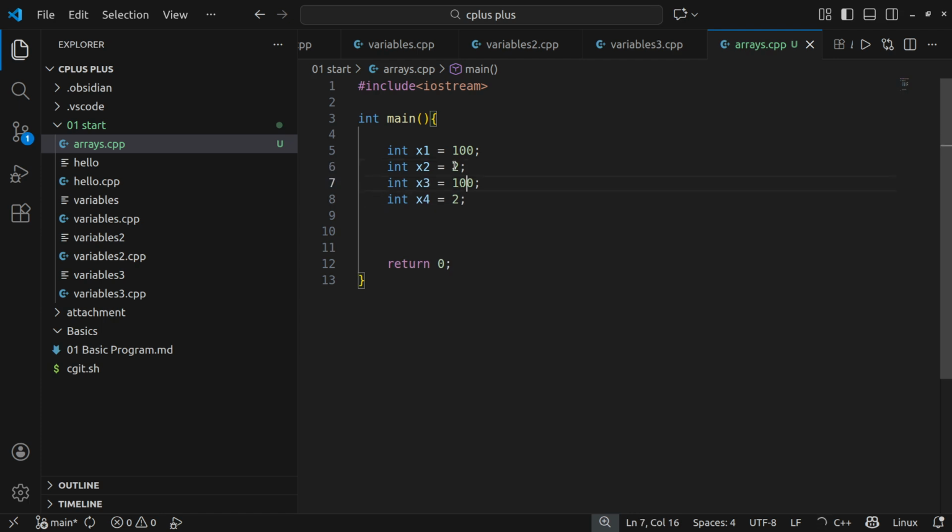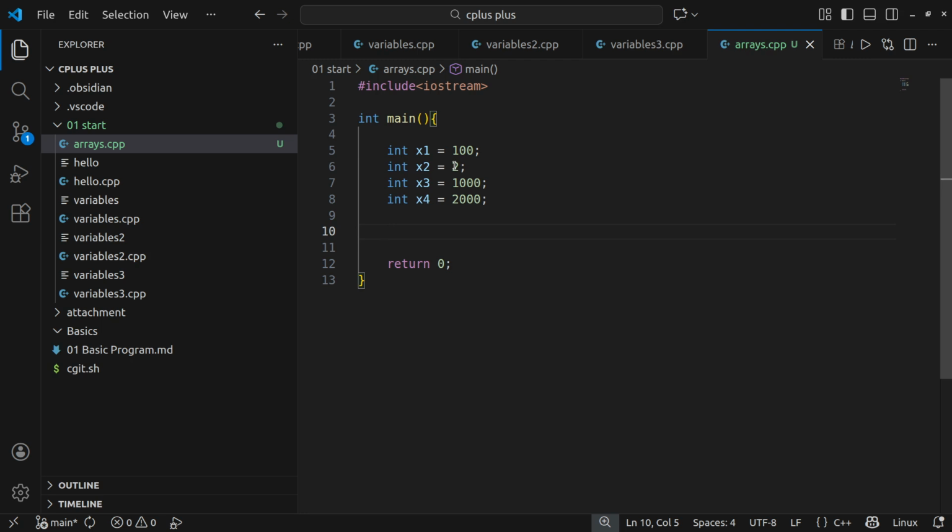So let's put this one as 1000, this one as 2000. Okay, right. So here we have 4 elements, but this can be easily done using this special data structure called